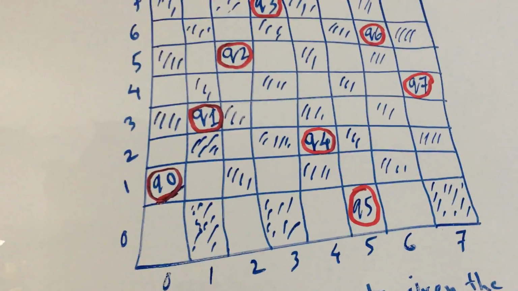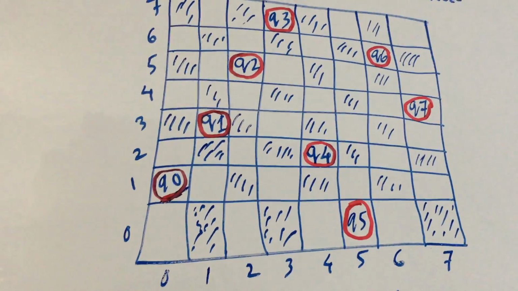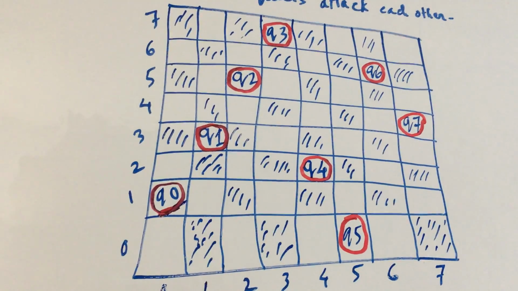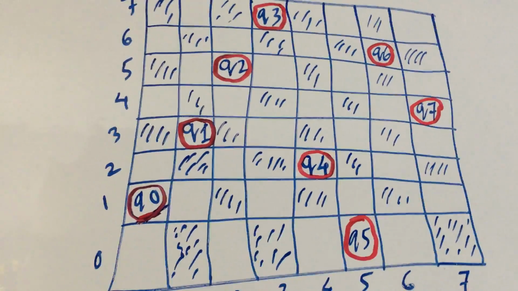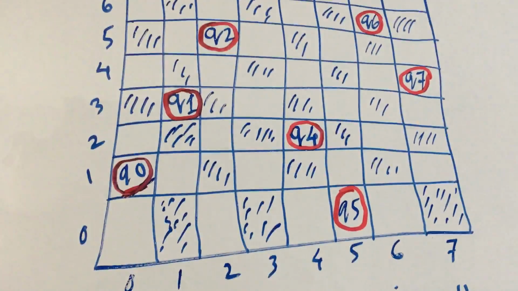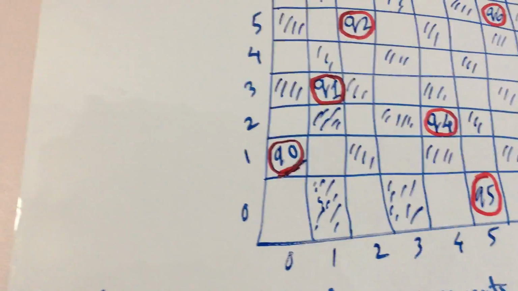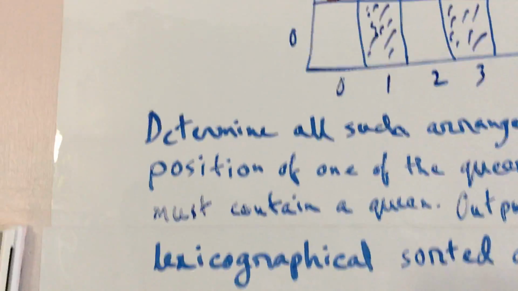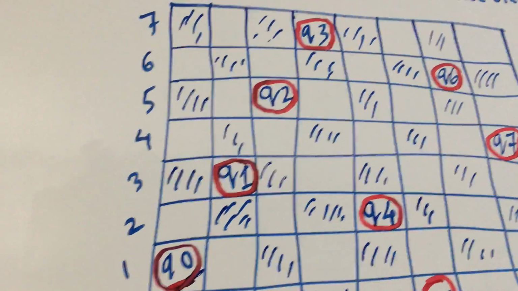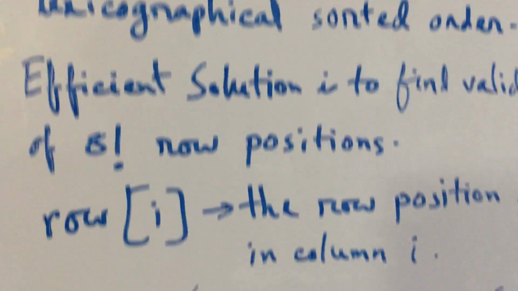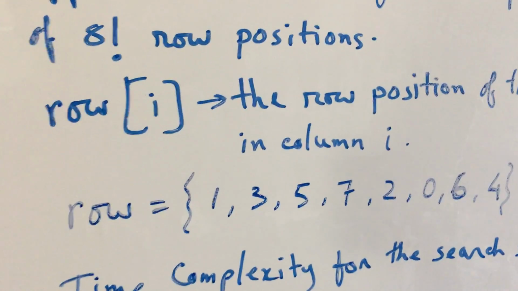So here is one example of a possible arrangement of the 8 queens such that none of the queens attack any of the other ones. Here is the 8 by 8 chessboard, and here is one arrangement, one of the solutions. So we need to actually find the coordinates of such arrangements of the queens on the 8 by 8 chessboard. So one way to represent them in a computer program is to